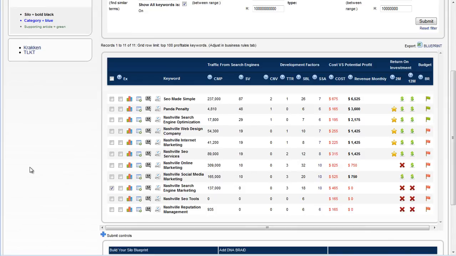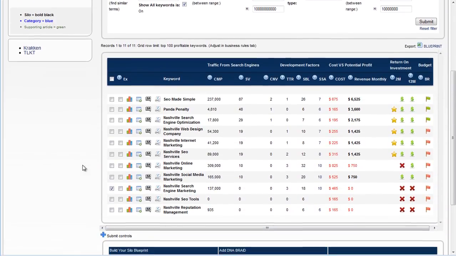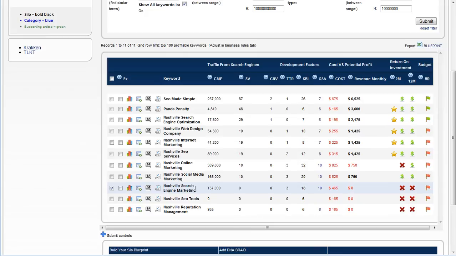But there's always a little bit of, okay, I've got the keywords on the table, now what am I going to do with them? There's always a moment there where you're analyzing the keywords and how they fit together and how you want to tell the story, because that's basically what you're doing on a website. You're telling the story of the business and how that business can help the potential customer or client solve their problems. So, okay, with that in mind, let's grab a few more keywords and stick them here under Nashville SEO Company. We've got Nashville Search Engine Marketing.